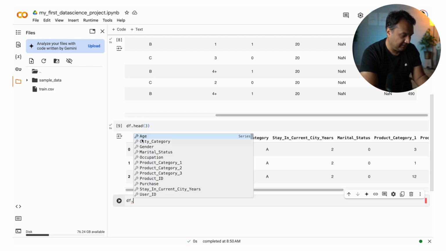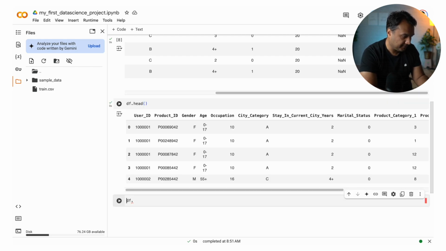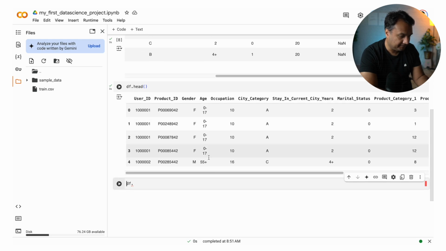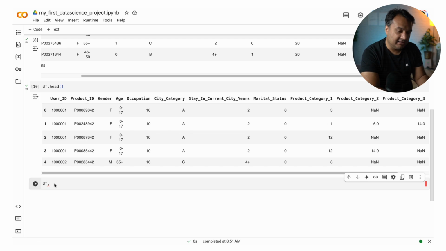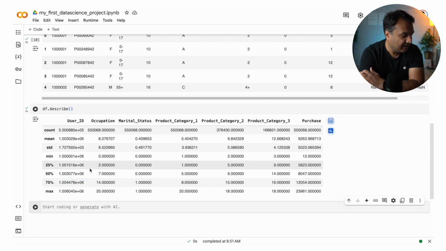The other thing is that you can ask it to describe the data. So df.describe, and here it is giving you a lot of useful insights into the data.